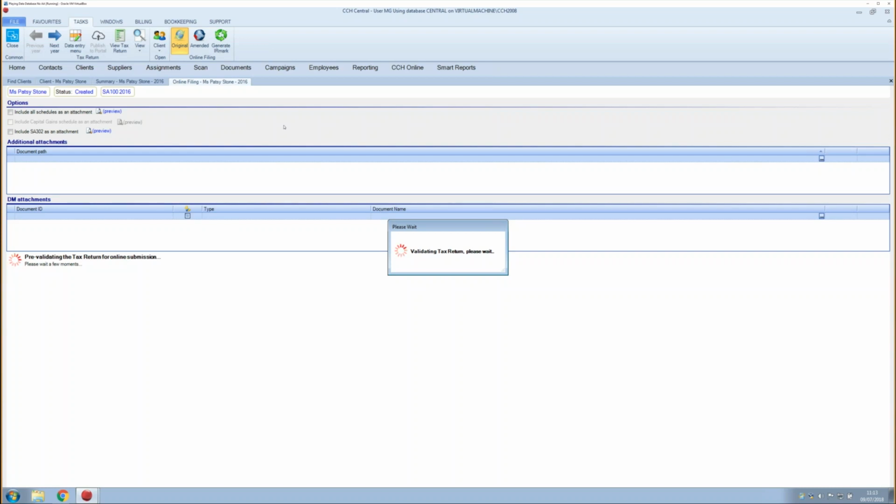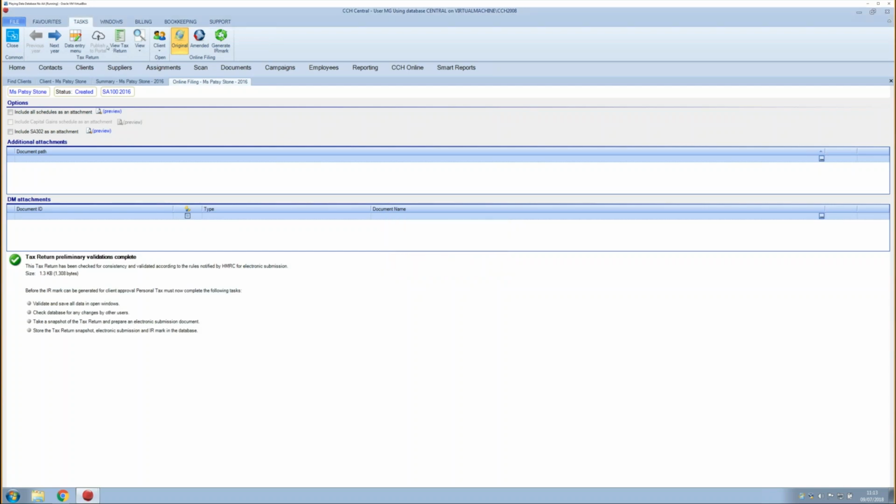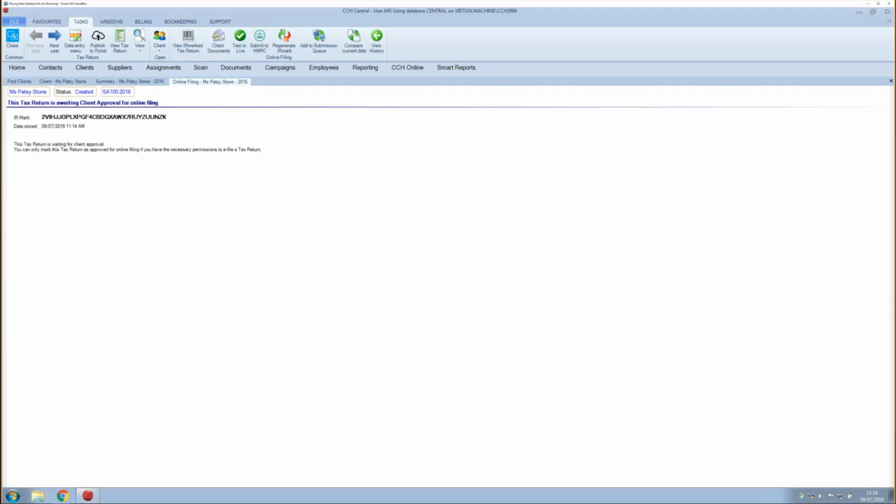I will generate the IR mark, and you'll see at the moment that there is a publish to portal option there, but it's grayed out. As soon as I generate the IR mark for this tax return, which hopefully won't take too long, and once that's successfully generated, the publish to portal option will become available. So there we go. You see now I can click publish to portal,